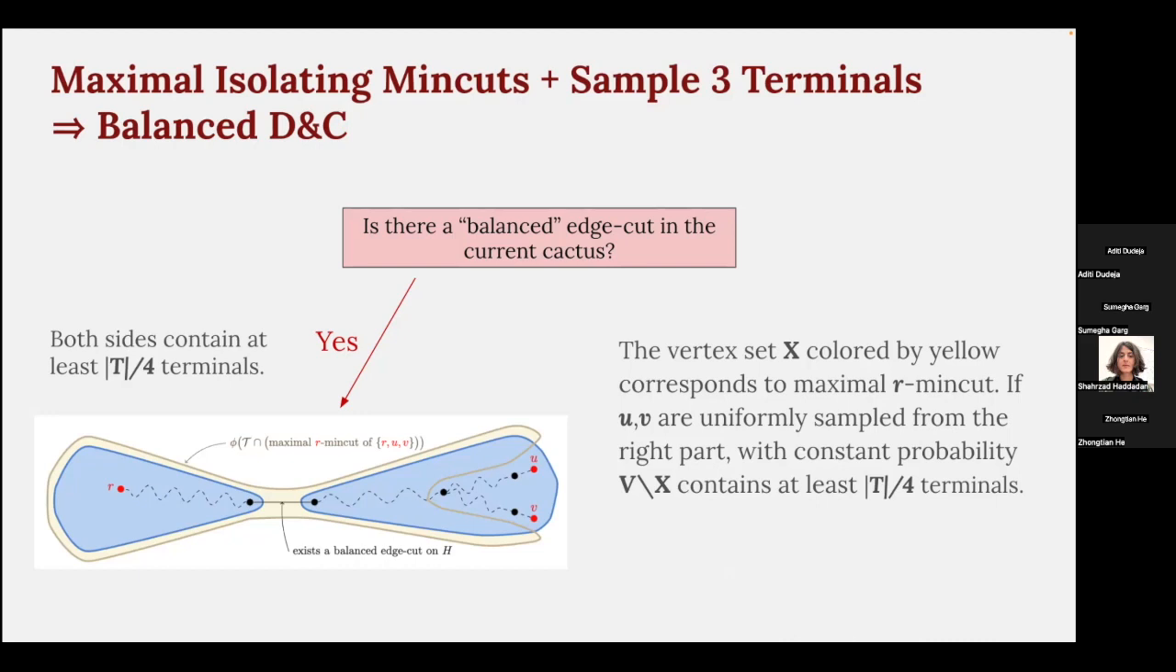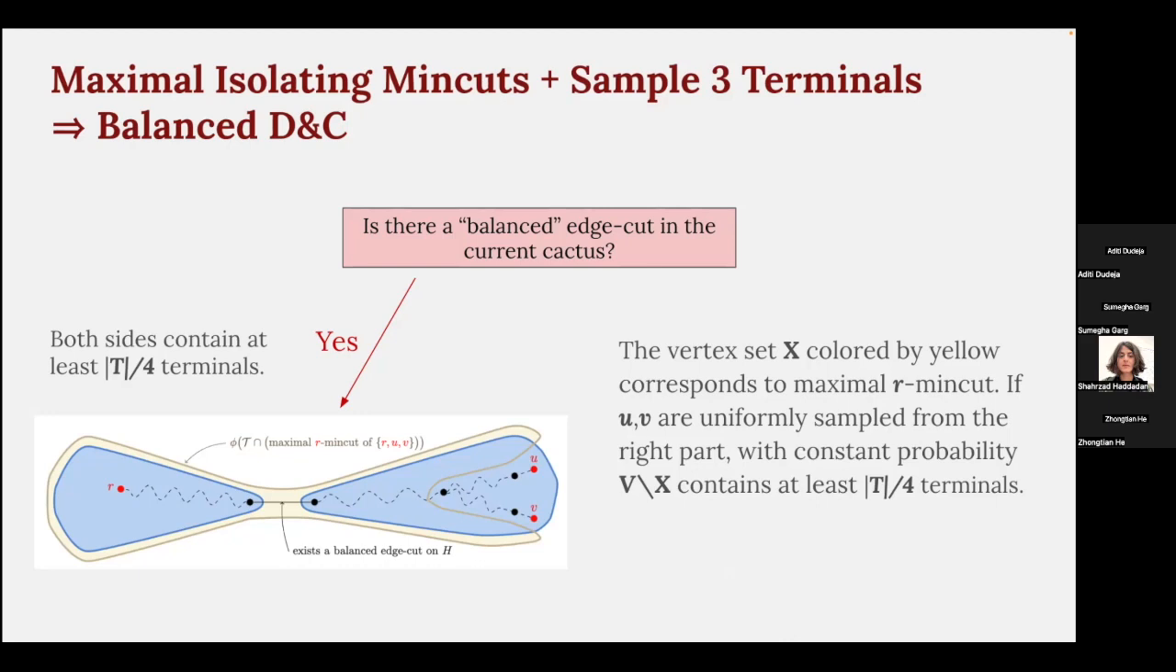And by the proposition of the DFS tree, the remaining part is at least T/4 with constant probability. So this might be a bit confusing, but the intuition here is that, let's first fix R, and if you uniformly sample two vertices in the right part, then a min cut, maximal, any min cut of R will have